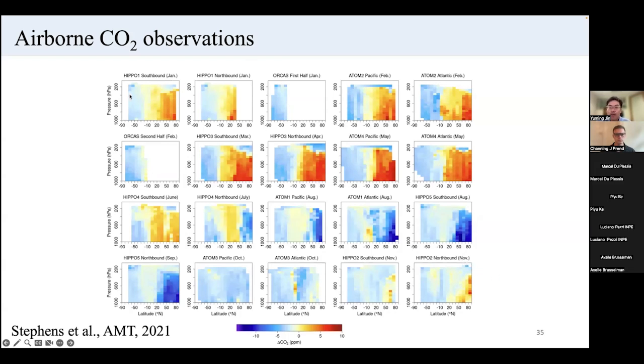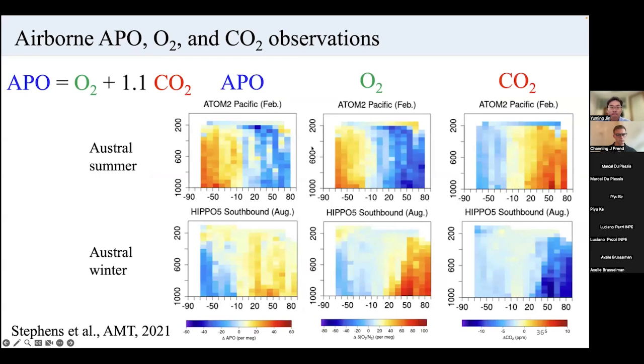So you can see there is a clear seasonal cycle, especially in the northern hemisphere. But the seasonal changes in the southern hemisphere are a little bit muted here, right? I just want to zoom into 2 panels, one in austral summer, which is ATom Pacific, and another one in austral winter, which is HIPPO 5 southbound. The figure here shows APO on the left, oxygen in the middle, and carbon dioxide on the right. You can see clear APO and oxygen seasonal changes in the southern hemisphere, but the CO2 seasonal change is quite small. So the question here is,